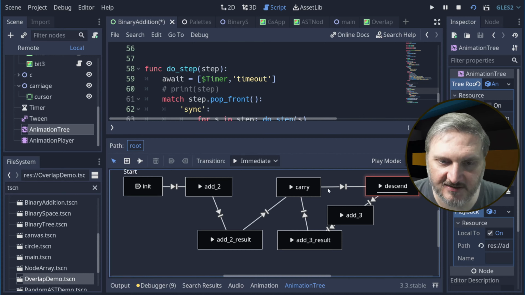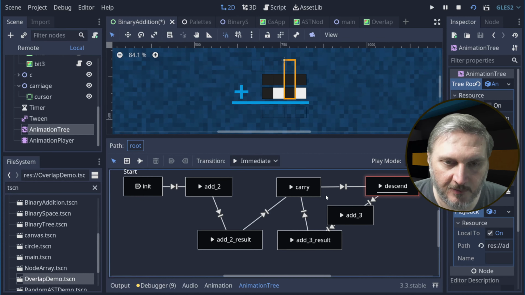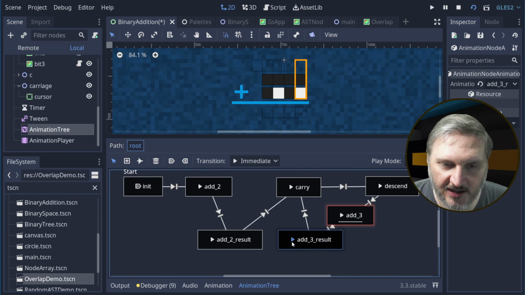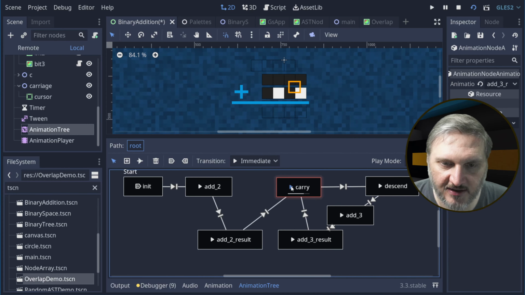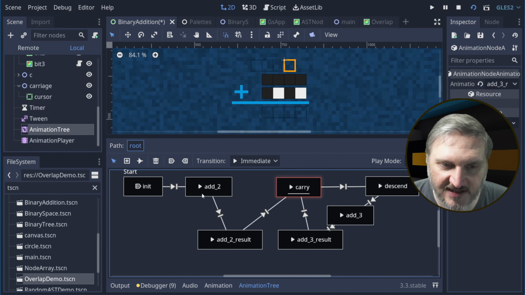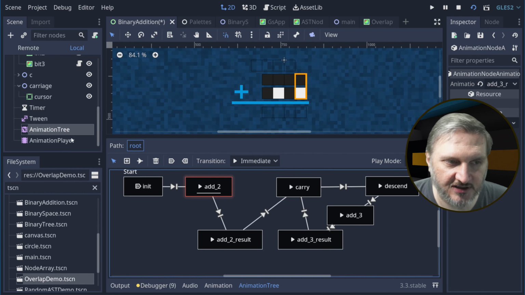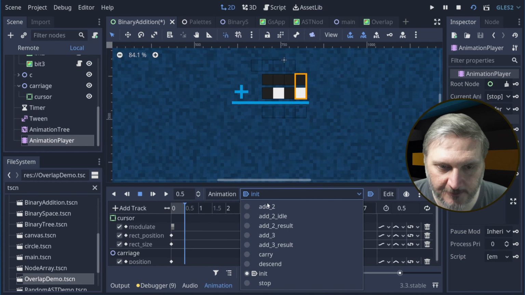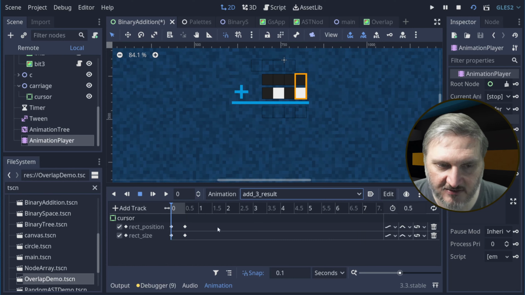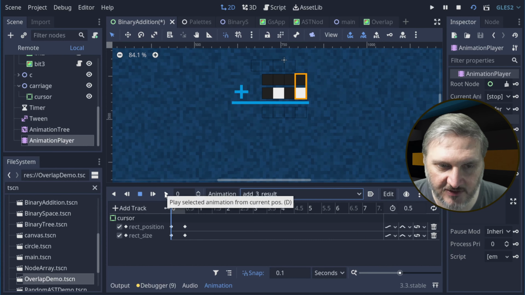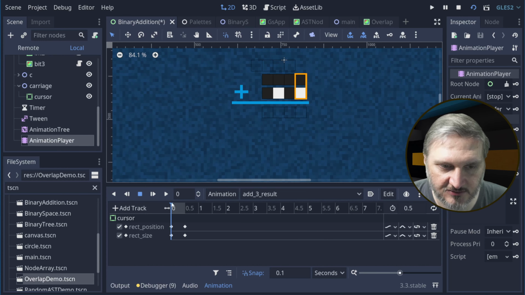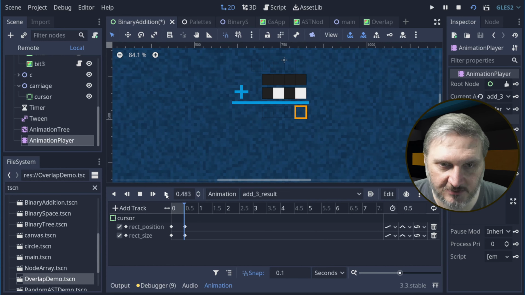This allows you to make a little state machine, and so you can see I have these transition animations, and then they're in the state machine, and then you just tell that state machine. First you make the animations in your animation player, and for each one of these you make whatever transition you want. So this is the one that goes from having 3 items. So when you actually play it,